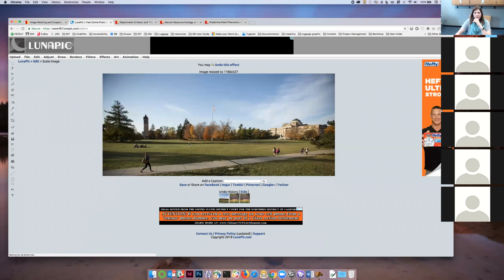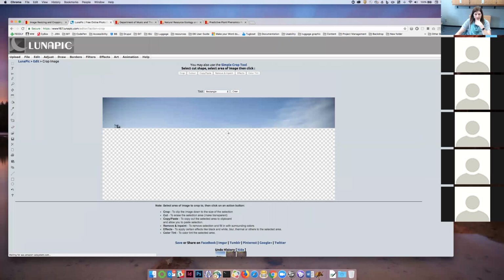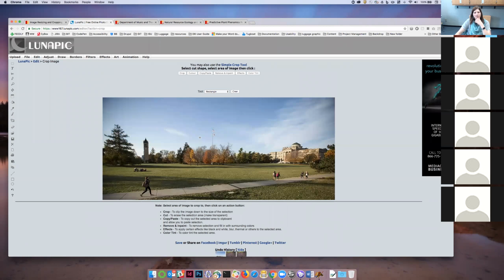Now, there's a lot of blue sky here, and there's some things that you may want to just crop. So knowing that you're at the proper width, now you can work on cropping the image. And so you can go to edit and say crop image. And now you'll be taken to a place where you can